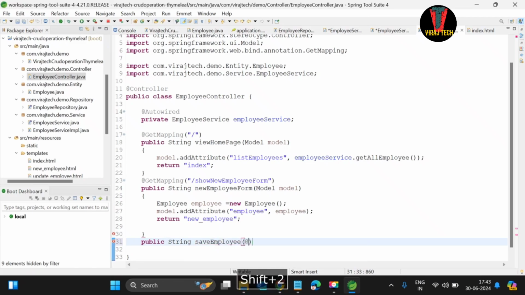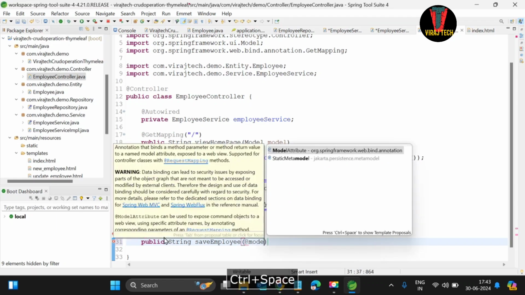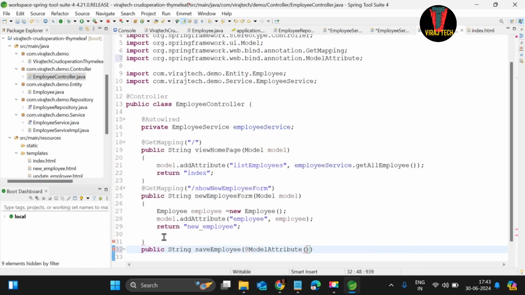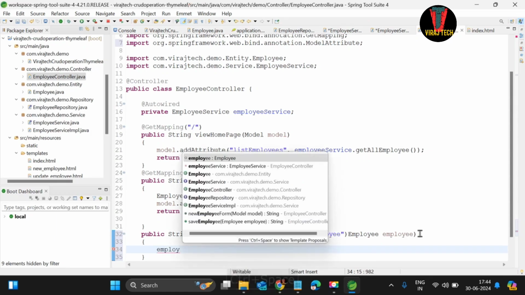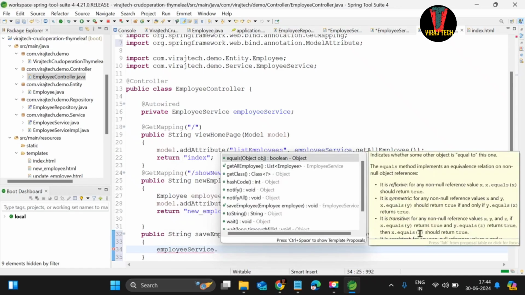We will use the annotation @ModelAttribute, and in that we will use employee, Employee employee, bracket open, and here we will use employeeService.saveEmployee